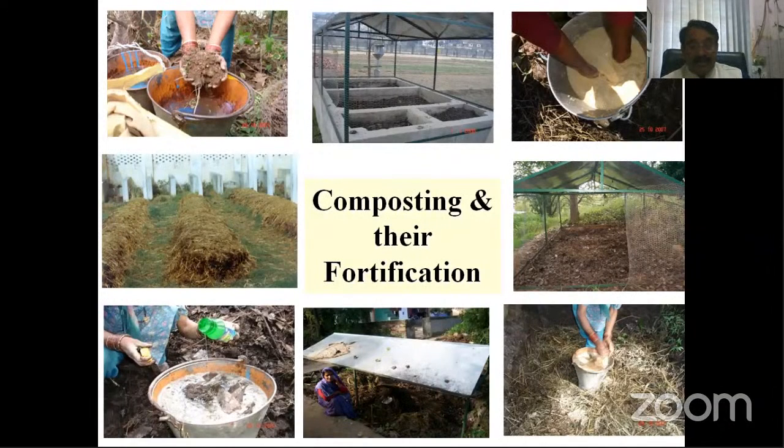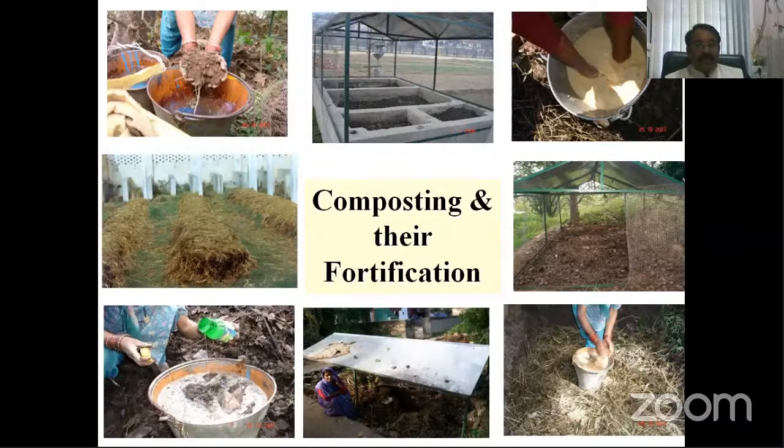Even the nitrogen is only 0.5%. And if you fortify, then the nitrogen content will increase. If you also add neem cake or other cakes, the nitrogen content will be more. If you also add some poultry manure or other manure, but that should be from organic production, then the nutritional quantity will be increased. So simple compost should not be used, and the making of compost is totally scientific.